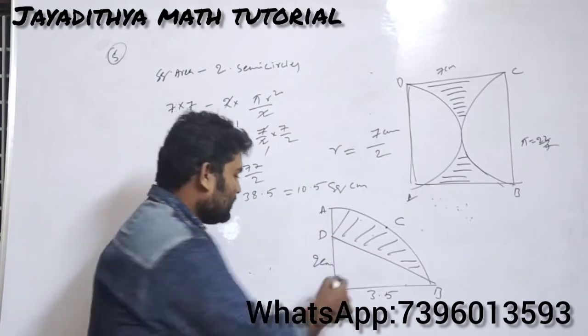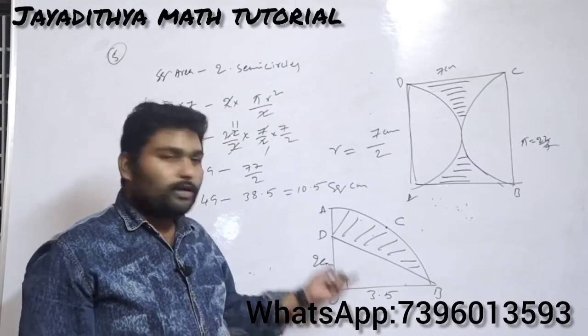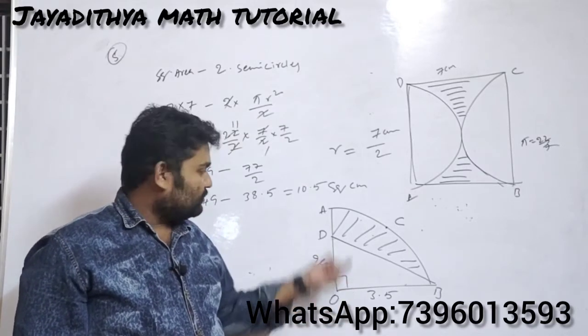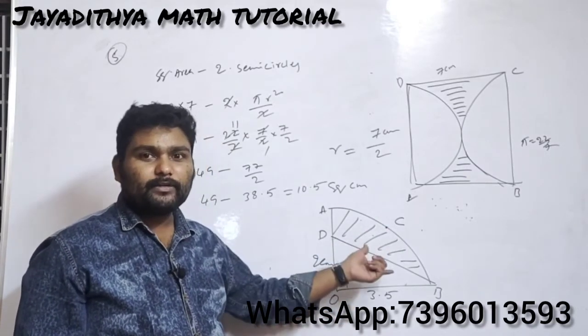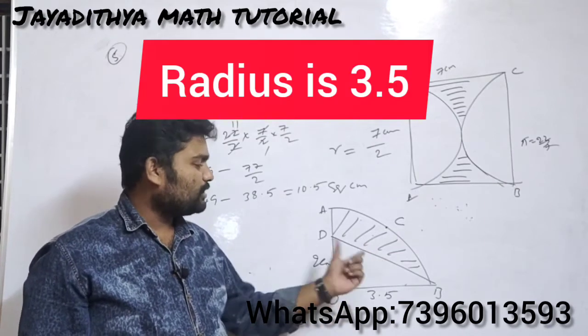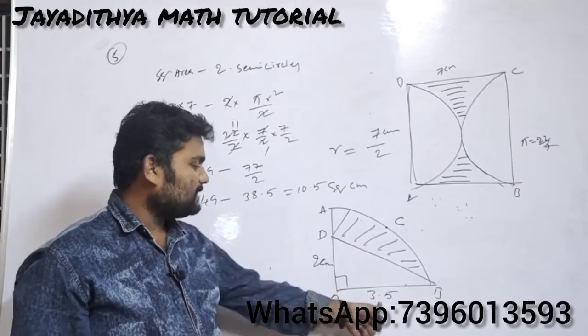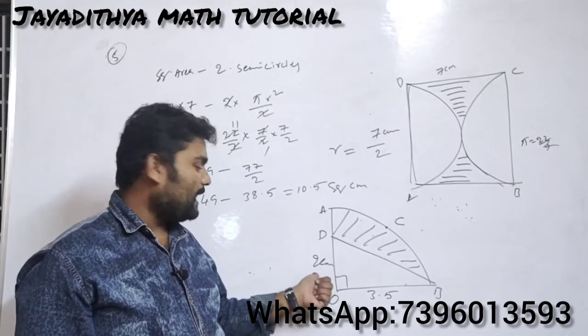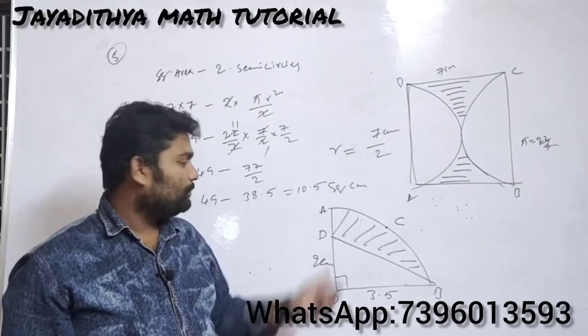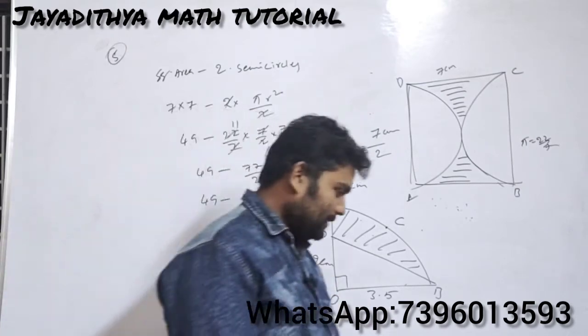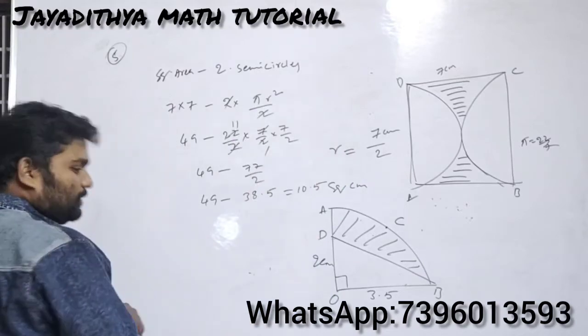First of all, this is the quarter circle he has given. So here the angle is 90 degrees. So first find the area of the sector. From the area of the sector you subtract the area of the triangle. Here the base will be 3.5 and the height will be 2. This problem is very simple. You can do it easily. And the next one is also a simple problem.